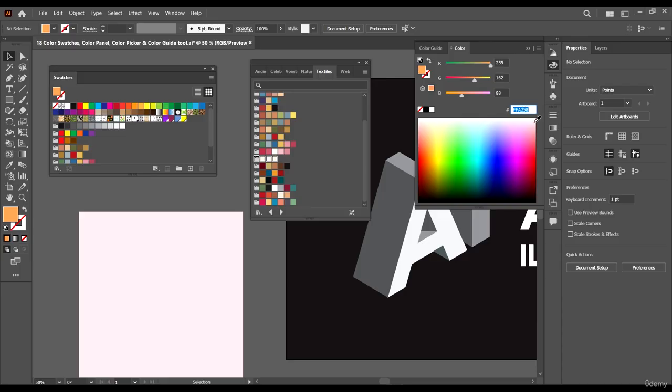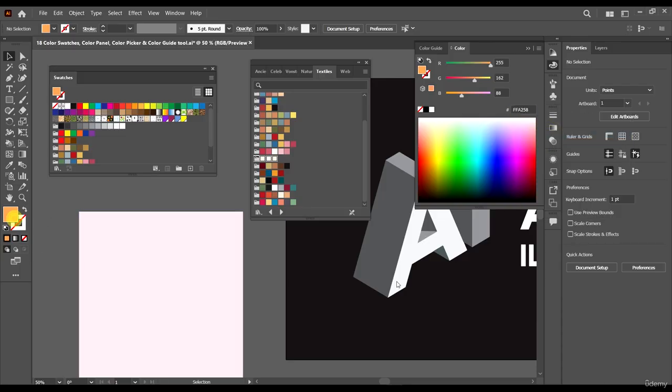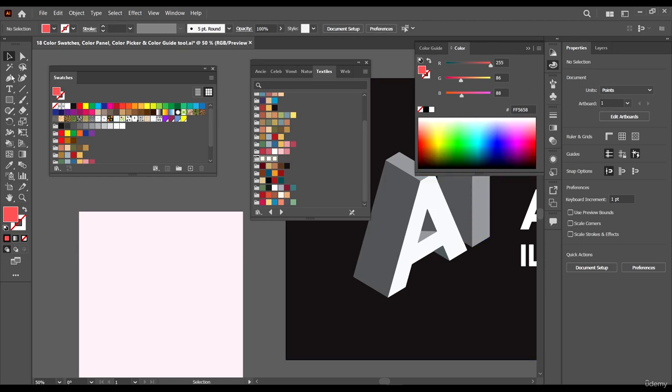You can copy it just like how we copied the color code in the other place. And you can toggle between the stroke and the fill color like we did before. Basically that's it for the color panel.